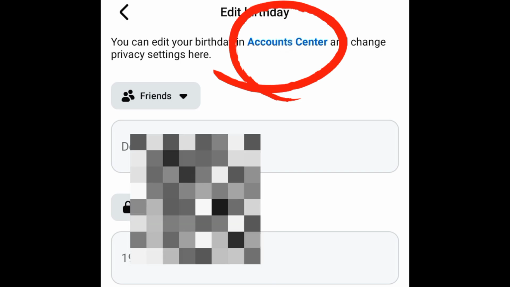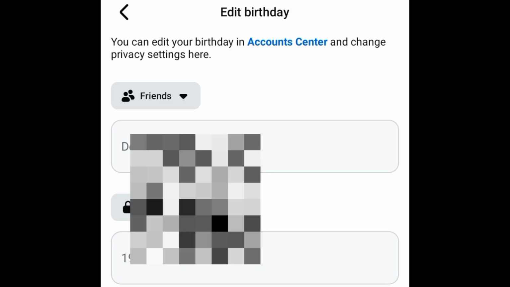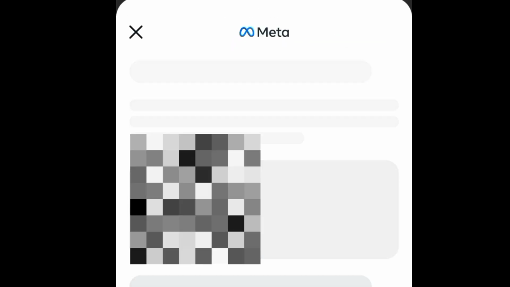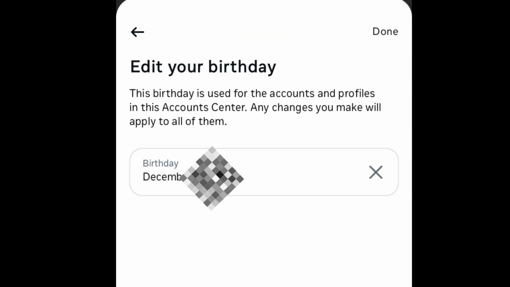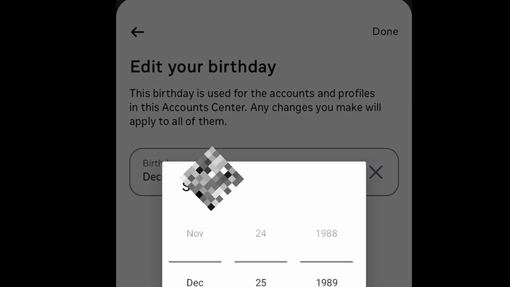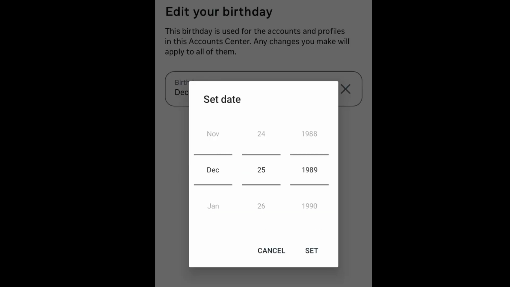Click on this account center and it will take you down to this place, where you have access to be able to edit that date of birth. Then all you need to do is to change it to the present one that you have on your